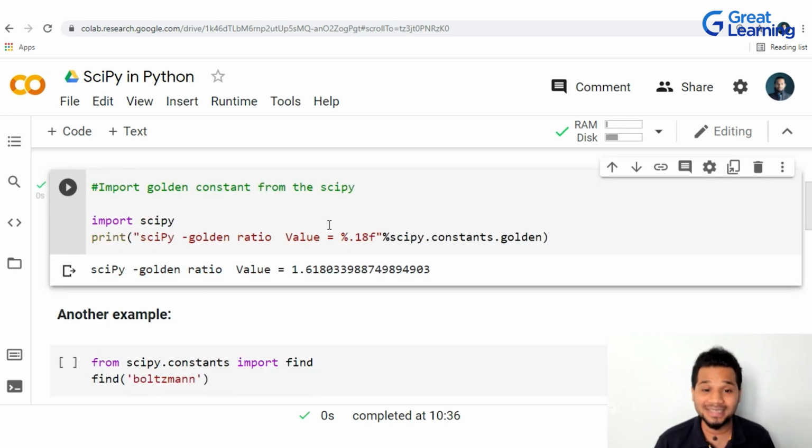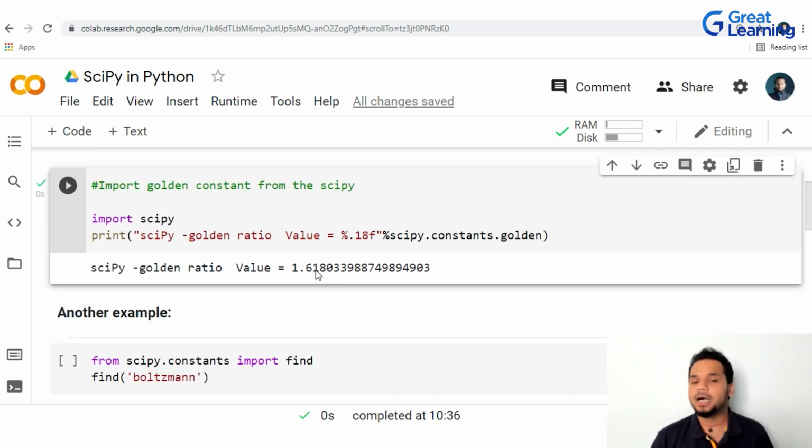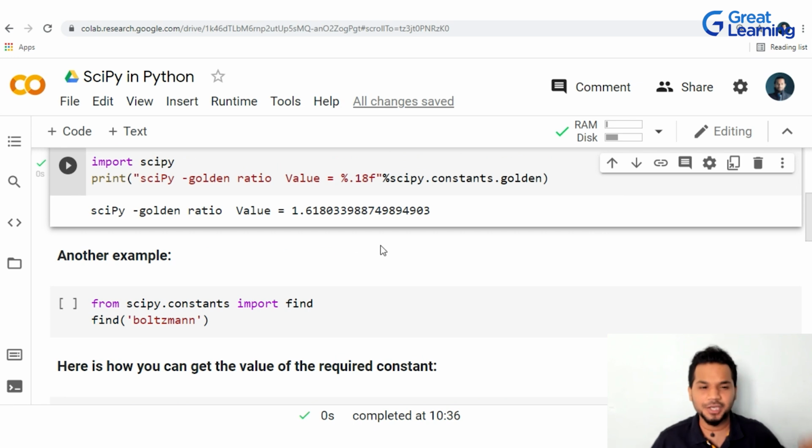Yes, so it's 1.6180. And this is a number that is very important in many cases. If you're trying to design a room for a home theater, it has to have some specific dimensions. Whenever you go to a theater, it's not just randomly built. There's a very good chance that, if it is designed properly with the utmost care, someone would have used the golden ratio there as well, right? Now I am a huge fan of theaters and all of that, so I just thought this is a good example to show you guys.